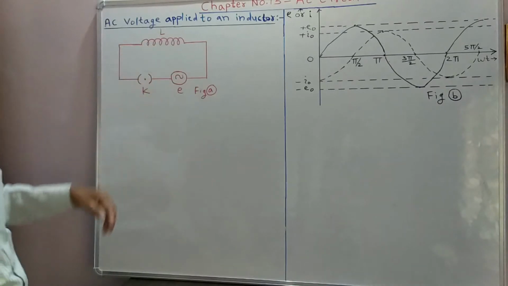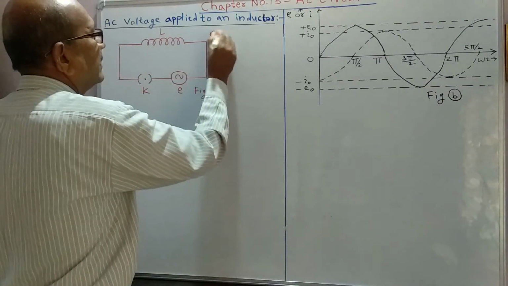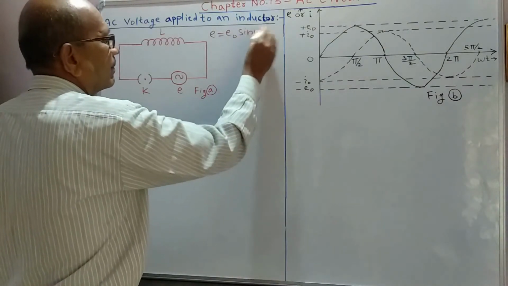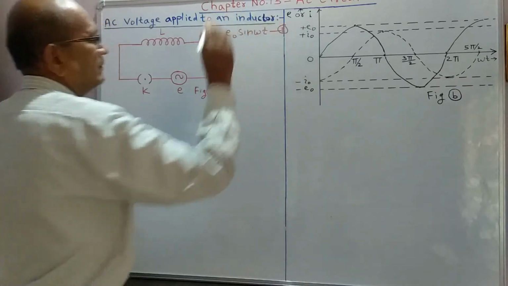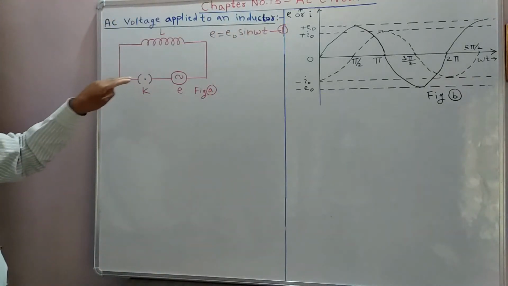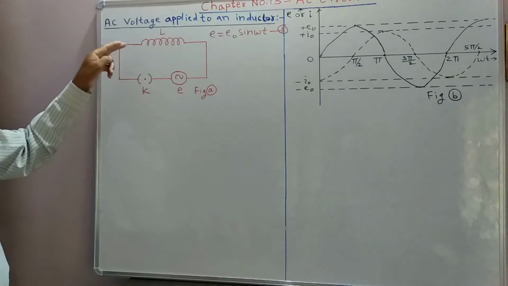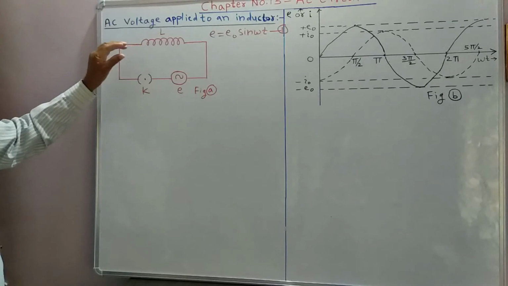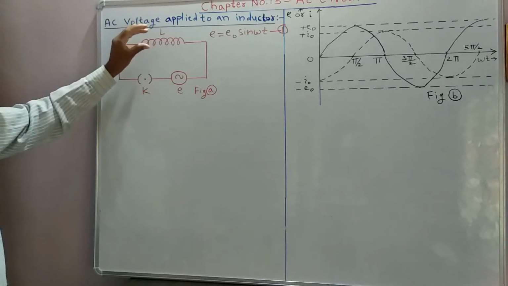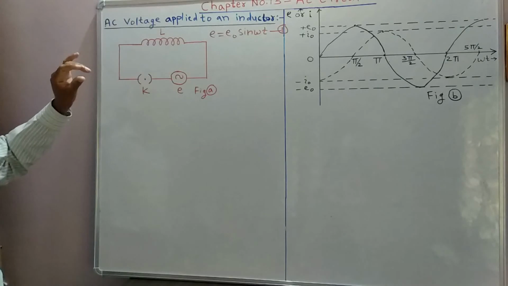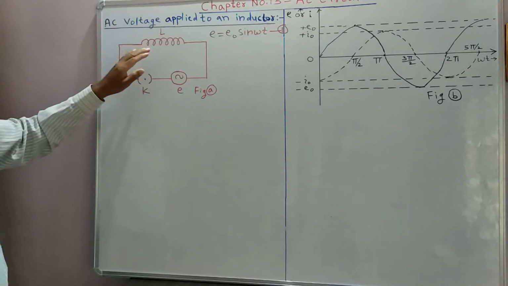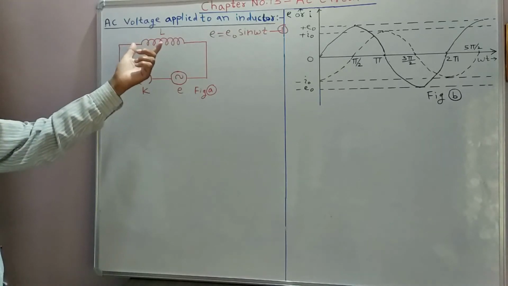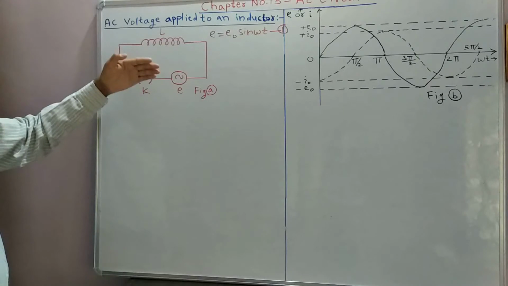The instantaneous EMF E is given by E is equal to E naught sine omega t. This is equation number 1. Now when the key K is closed, current in an inductor increases. This increases magnetic flux linked with an inductor coil, and which causes an induced EMF in it. The direction of induced EMF E dash opposes applied EMF E.